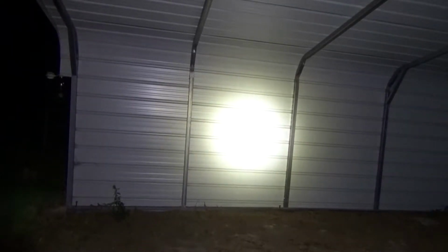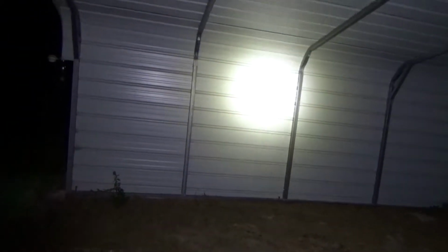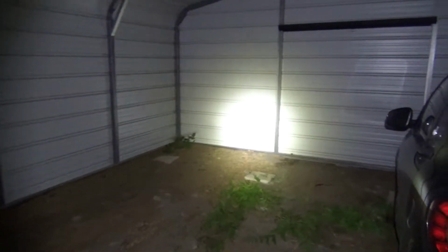Alright, so we've already taken a look at the specifics of the flashlight, but the best way to really get an idea of what works with a flashlight is to hit the go button in a somewhat dark area. So I'm standing inside of a little storage car park area, and it's 18 by 20 feet. I'm standing basically on one side of the wall. So if I turn this light on and run through some of the different levels, and the flashing, the SOS, you see it works quite well. It lights up this entire area. So if we were going to use this to walk around,